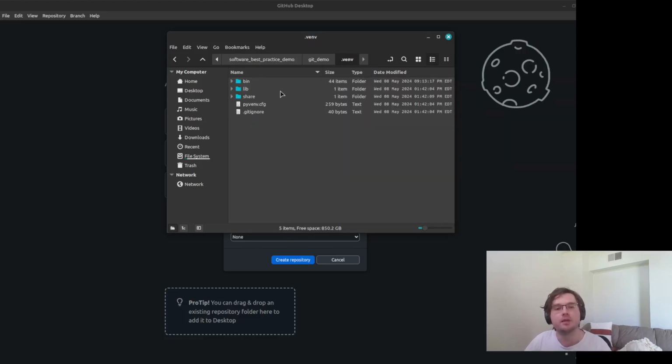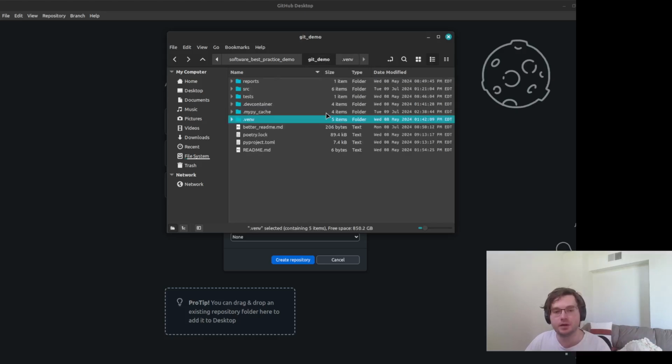a virtual environment. Now that virtual environment contains a whole bunch of installed libraries that I've installed just for use for this project, and that is something that's automatically generated and takes up some file space size. It also may be particular to the system that I'm using, maybe because I'm using a Linux system or Windows or Mac OS. The way that this gets generated may be slightly different. So if I track this in Git, then when someone else downloads it, it'll have this file, which A, is taking up some extra file space inside the GitHub web repository, and B, it may not be generated in the right way that someone needs to use on their different machine. So it's better to not track this inside the Git.